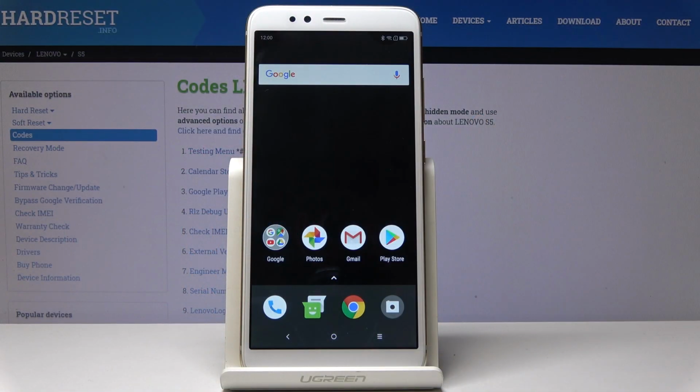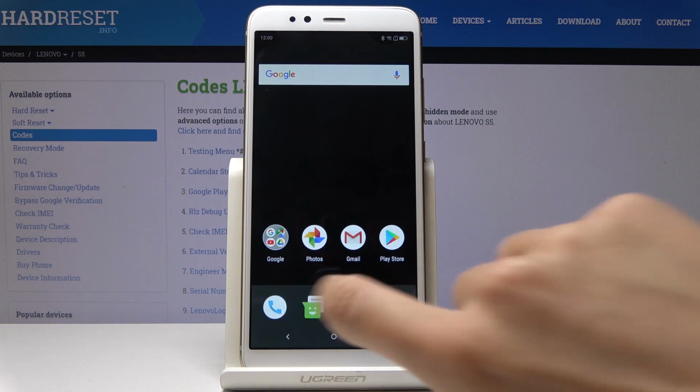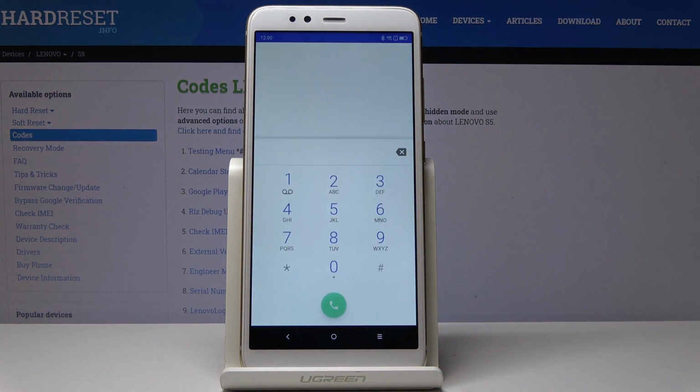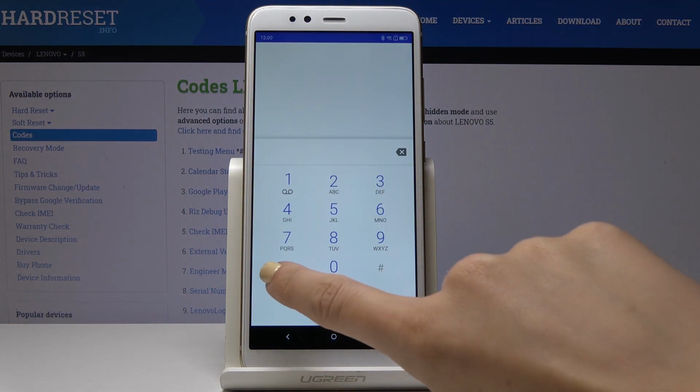Here I've got LENOVO S5 and let me show you all the secret codes for the following device. So at first let's open the phone dealer, go to keypad, and let's start with the first code, which is